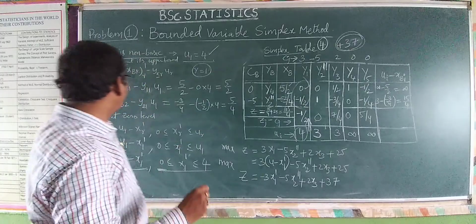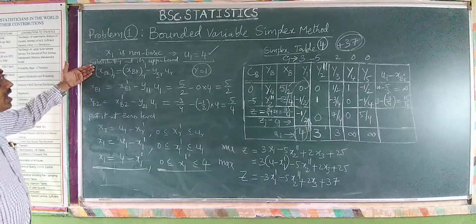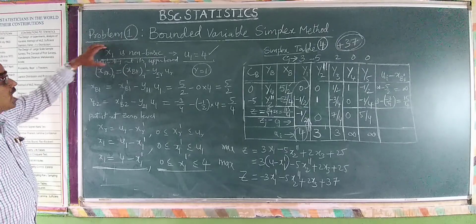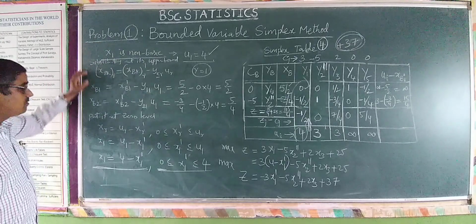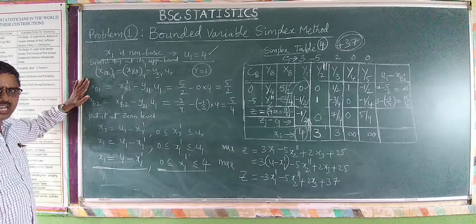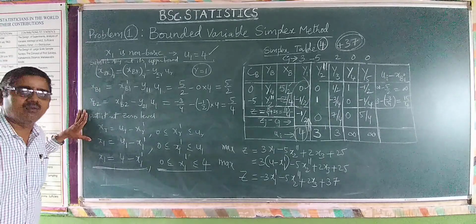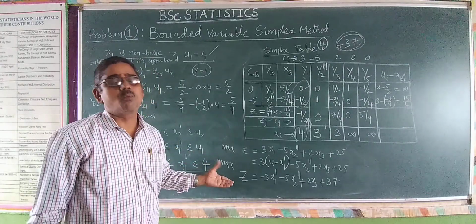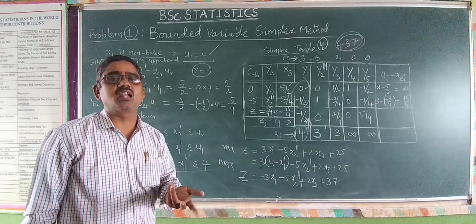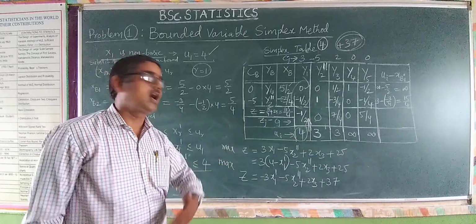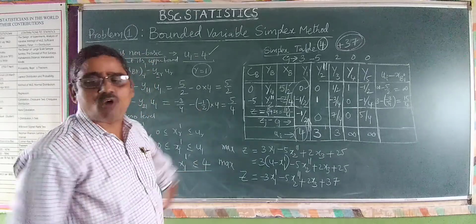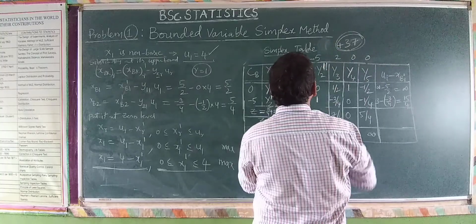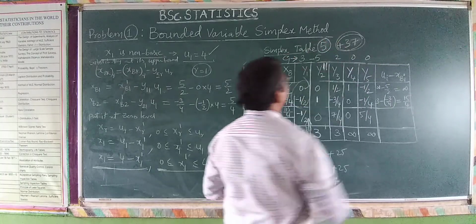In the second one, with our calculations, we identified a non-basic variable x1, and we substituted its upper bound, calculated and updated the basic variables, and then put x1 at 0 level, and after that we calculated the objective function. What changes are there in the objective function? What changes have taken place, and then we have calculated clearly, and then we have to formulate the next simplex table, that is simplex table 5.